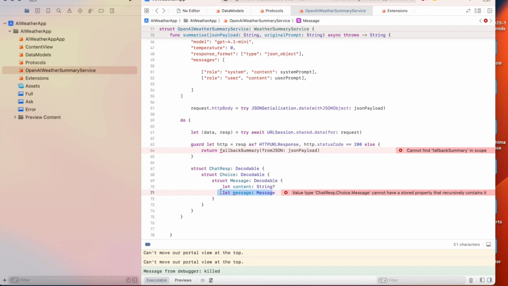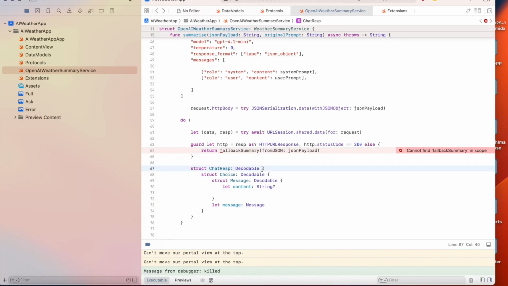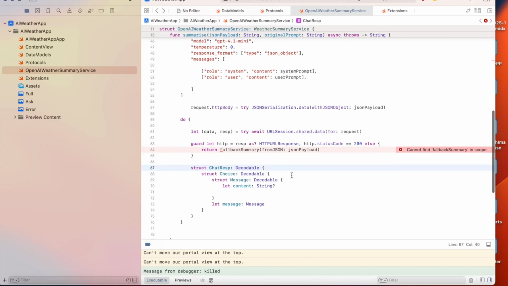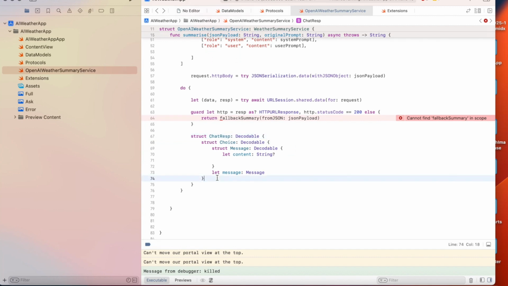Message, line 71, I think that should be after this line, or on line 72 or 73, then it should be message, and then we also have to make the following for choice, or choices, get choices, for choice,